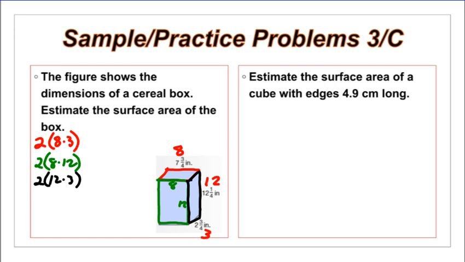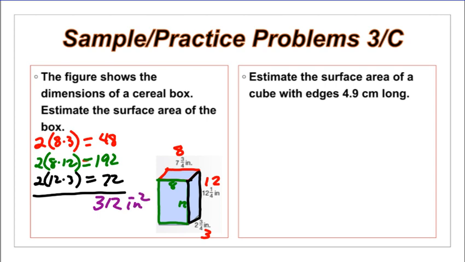So let's simplify our answers here. 6 times 8 is 48. Here we have 8 times 12, which is 96. 96 times 2 gives us 192. And then 6 times 12 gives us 72. So now if we add them all up, 48 plus 192 plus 72 gives us 312